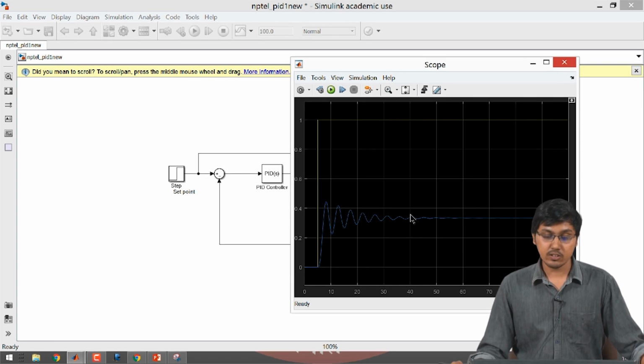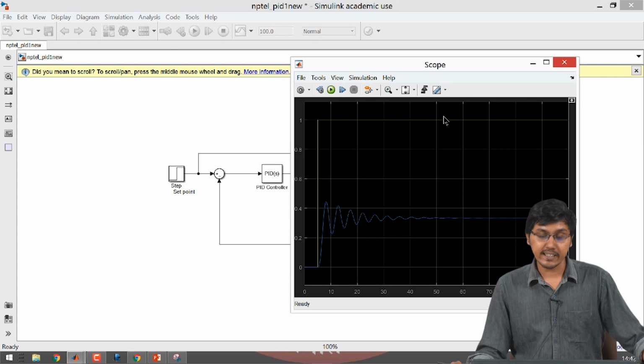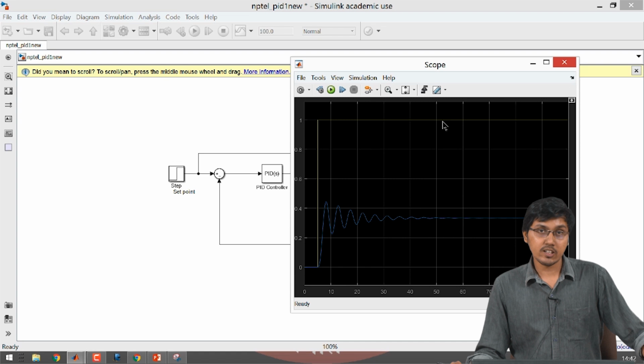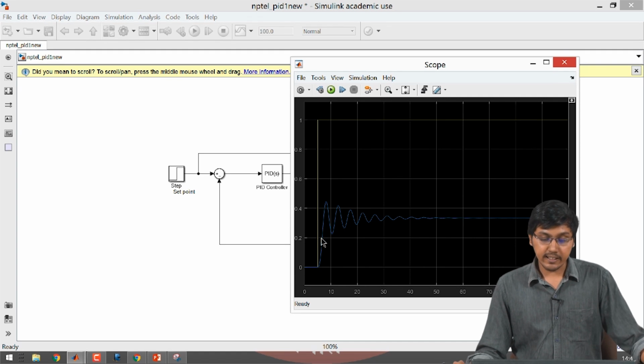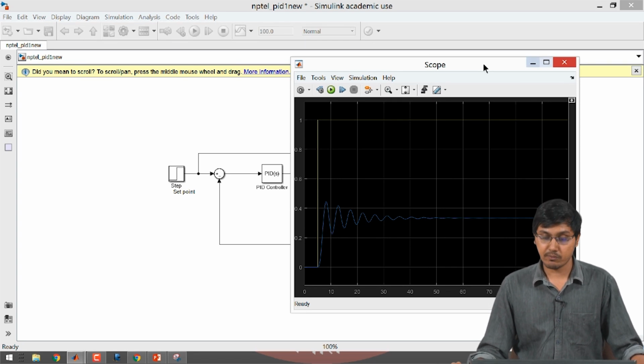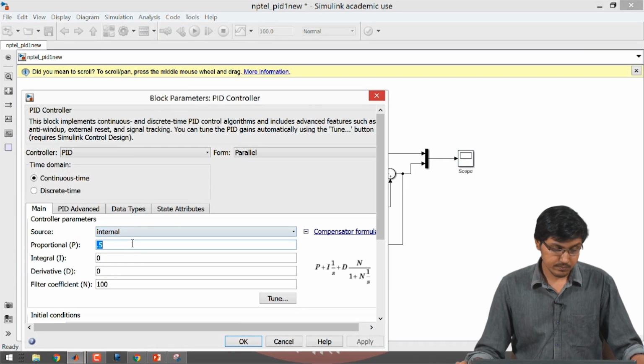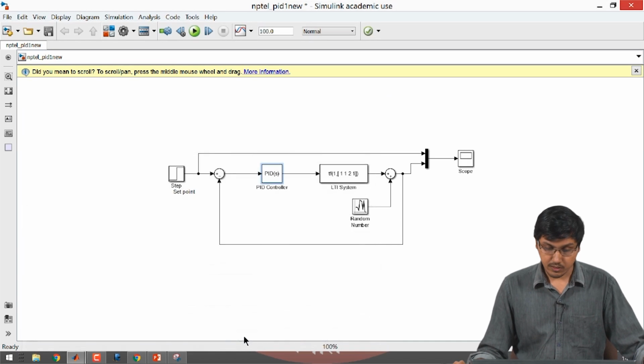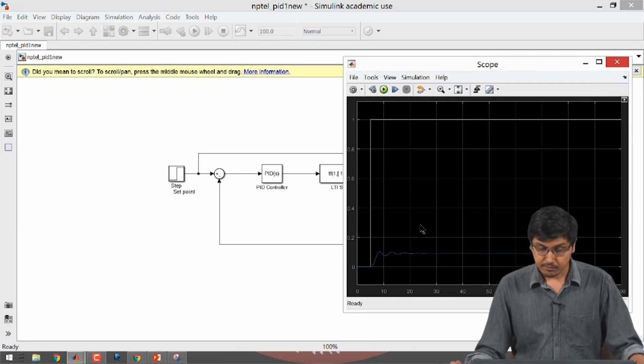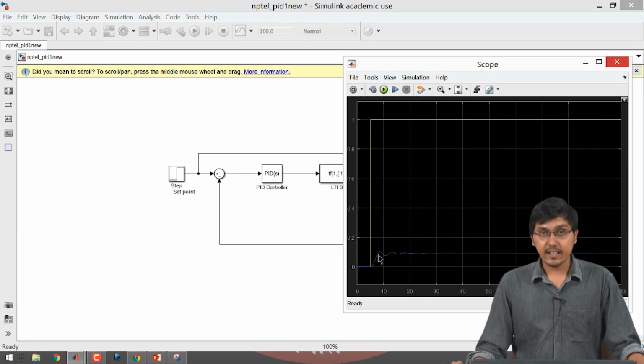Now there are two things we observed. One is that increasing the proportional gain has decreased the offset, and it has also induced something else. If you look at the previous one, we will compare both. There it was around 0.1, and now this has crossed the final value by a very small amount.